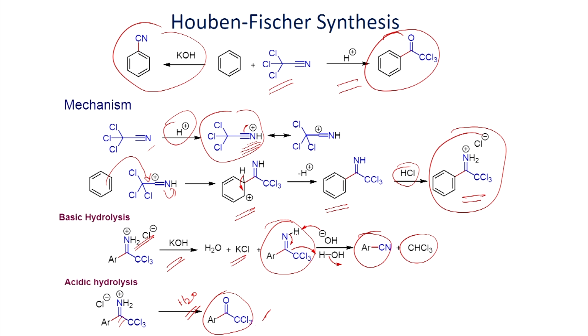So, if you compare all these reactions, if you look at the Hoesch reaction, we have seen the reaction of acetonitrile, which can readily react in the presence of Lewis acid and HCl to give acetophenone as the product. Here, it is the reaction of trichloroacetonitrile shown in the presence of acid, as we have seen there, you can convert it into the corresponding ketone as the product. On the other hand, with base, it can undergo elimination to give the benzonitrile as the product.